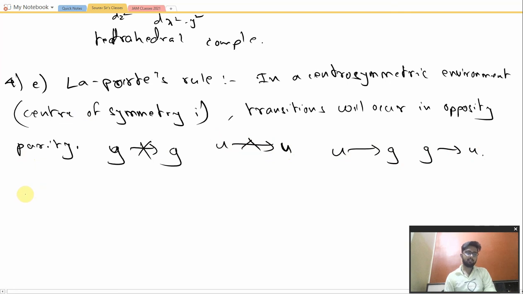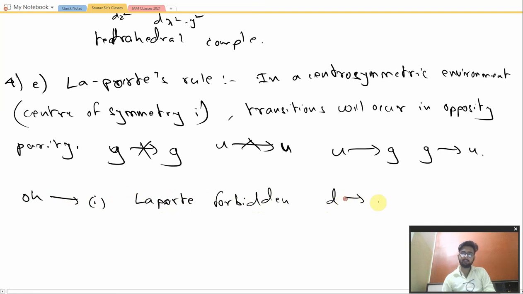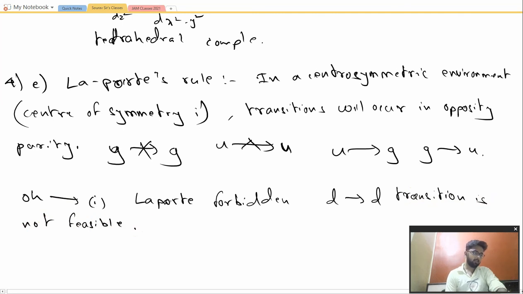Why? Because for most octahedral complexes i is missing. So here the Laporte rule is not followed, that is, the compound is Laporte forbidden, and therefore d-d transition is not feasible over there. Now another rule is there regarding the spin multiplicity, but I guess that rule,